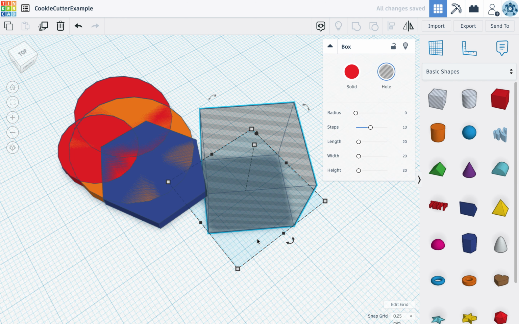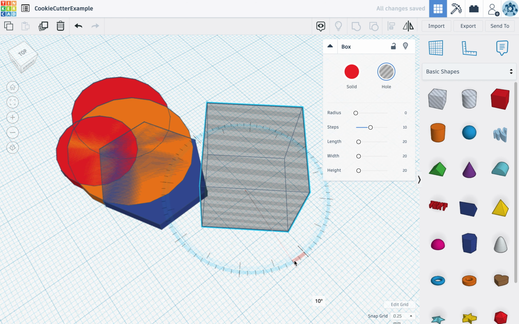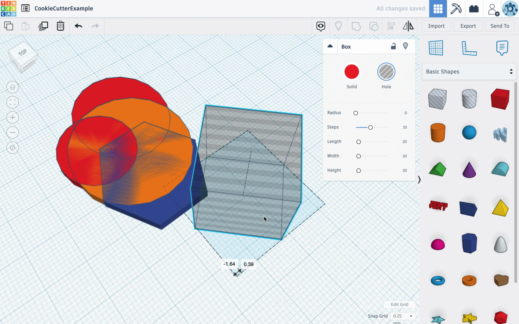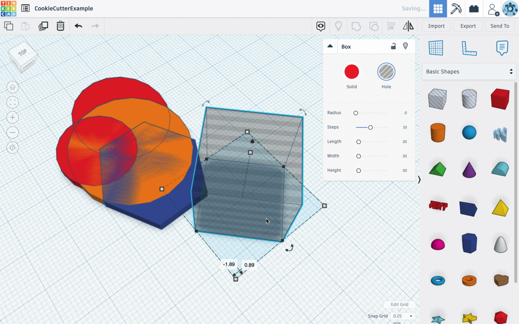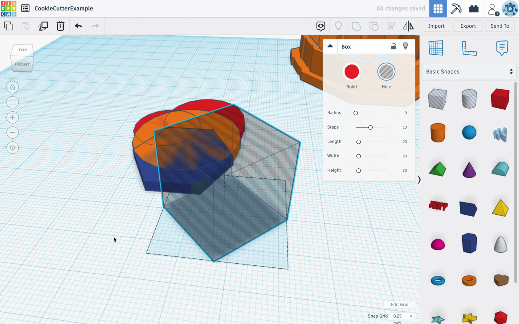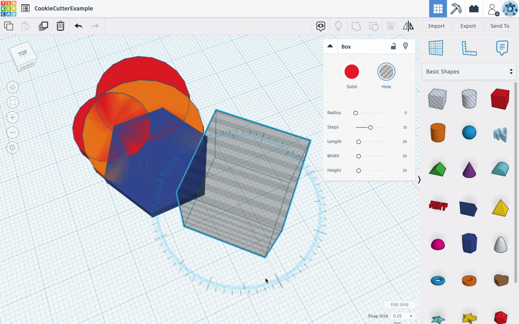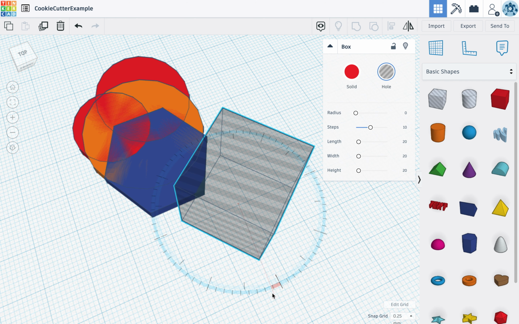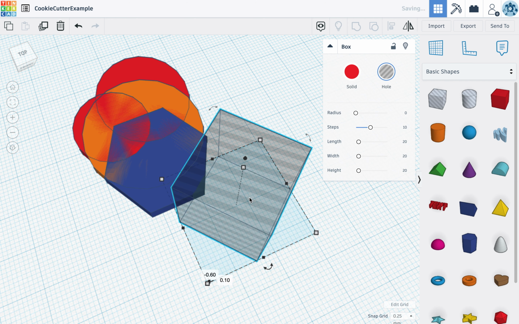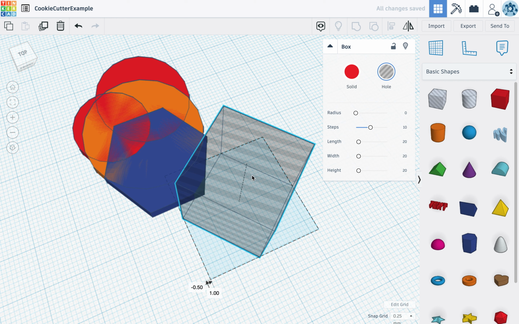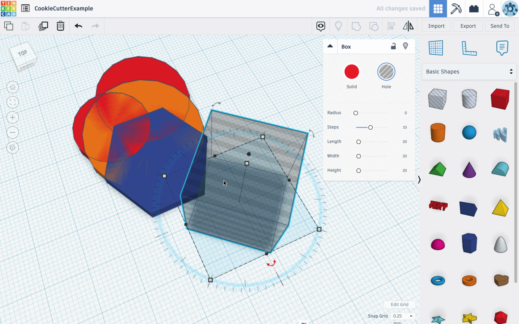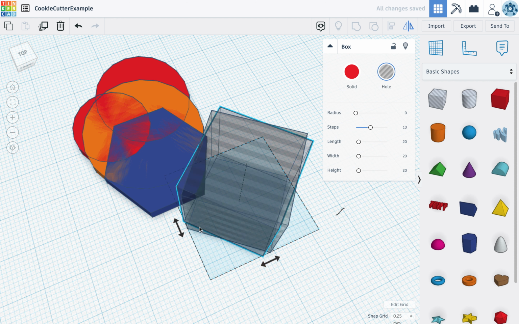So it is about trial and error a lot of the times, and I was trying something out there and I realized it's not going to work the way I wanted to. So I'm going to go back to this, and then I'm going to basically carve out a little chip here, and do the same thing on the other side. Now, to do the same thing on the other side, a little trick is you can duplicate this shape. I'm going to get it where I want it here first. Let's try that. Duplicate the shape, and then click this flip button in the mirror, and then with the duplicated thing that you just made,